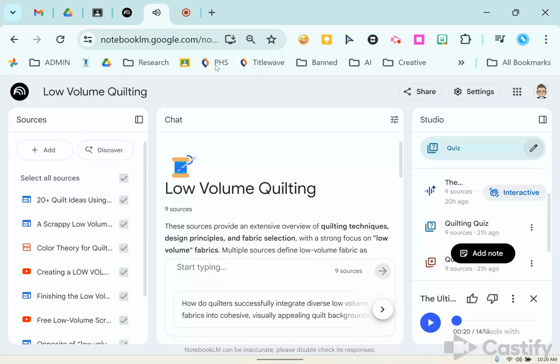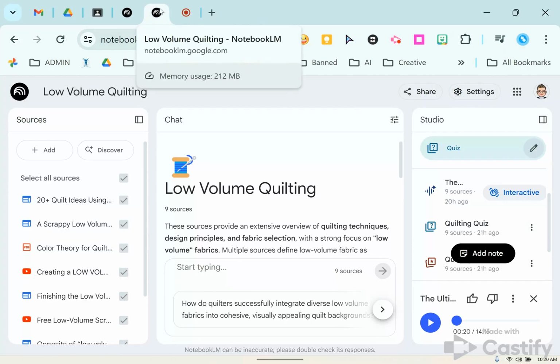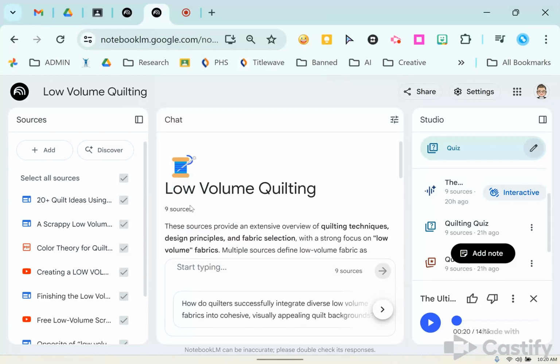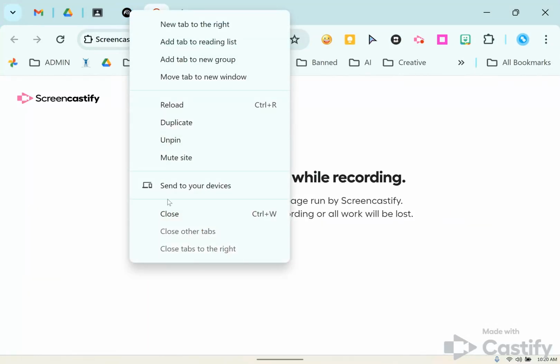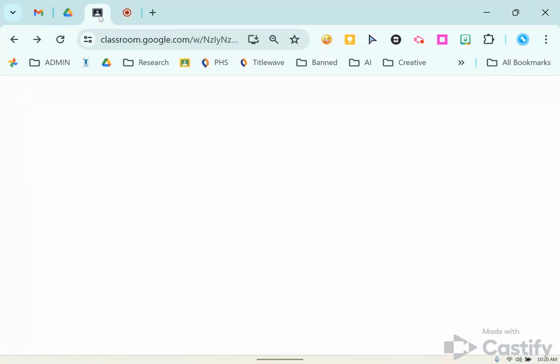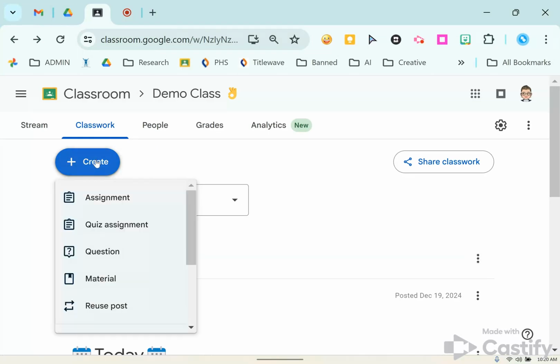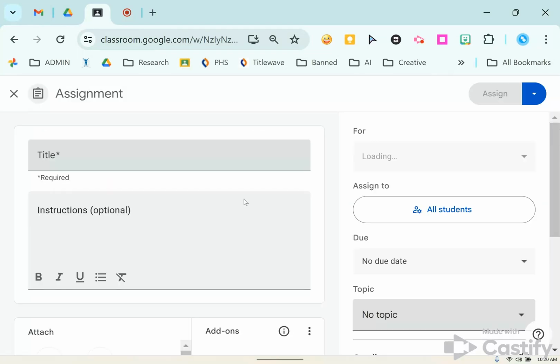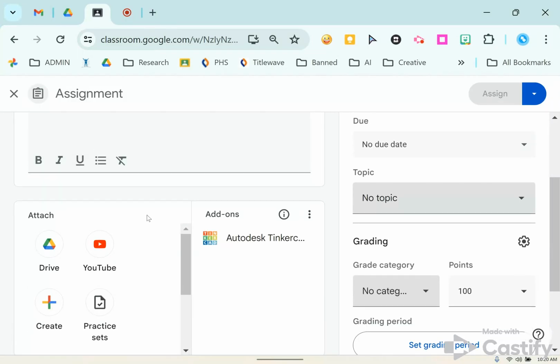Right. So again, it's really engaging. So that is the one that I did for myself. Now I'd like to show you how to create one with some materials in Google Classroom. So you just go to create a lesson, or an assignment, sorry, and down here,